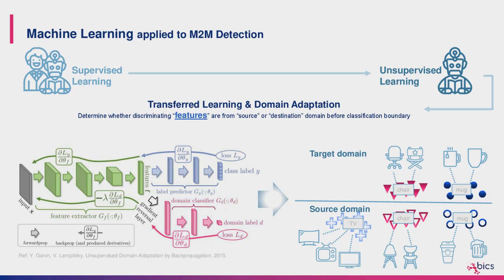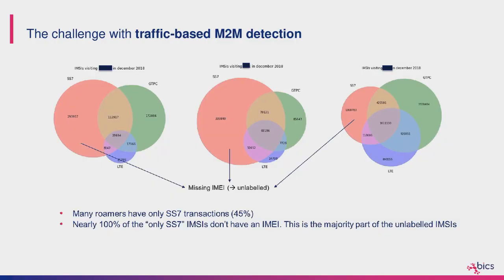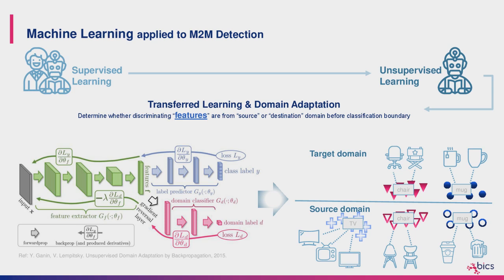And so what we need to do now is to take the information in terms of the features that we learned in the previous step here, where we applied unsupervised learning to find out which features broadly are different between these different groups, and start applying them to a target domain and taking feedback from the target domain to reinforce or improve the information we have about the distinguishing features.